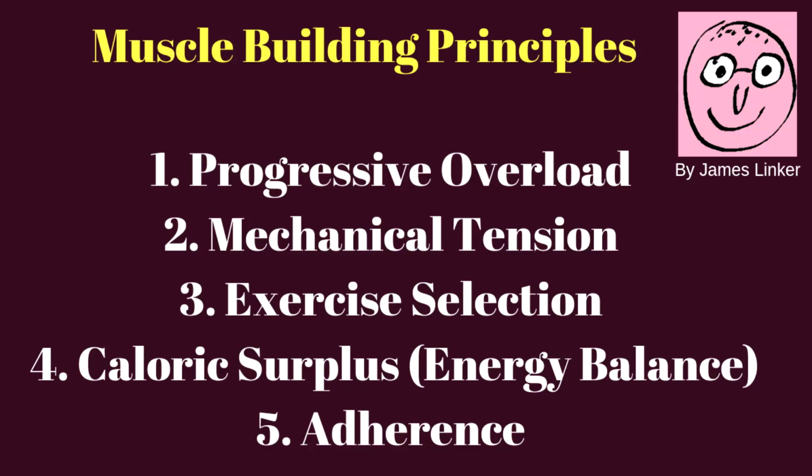However, let's say that muscle building is our goal. The same scientific principles that underlie muscle building would be in training for the ectomorph, the endomorph, and the mesomorph. And these would be progressive overload and mechanical tension, exercise selection to work all muscle groups, a caloric surplus, the energy balance and adequate protein needed to help with the response, and then adherence to this training plan over time. The progressive overload, the specificity, and the mechanical tension being the key training aspects that underlie all training for all